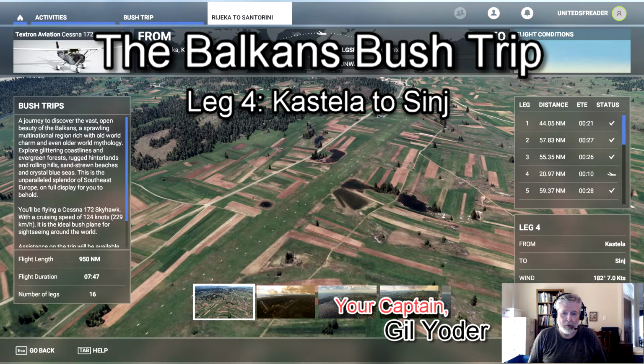This is another one of those grass strips that's difficult to see, and I've tried this 2 times already. The first time I was unable to find the airport. I saw it, but then I lost it before I could land, and I couldn't find it again. And then on my second attempt, I did the same thing. I saw it and proceeded to fly toward it, and then I lost it. Well, I was able to find it again after some time,